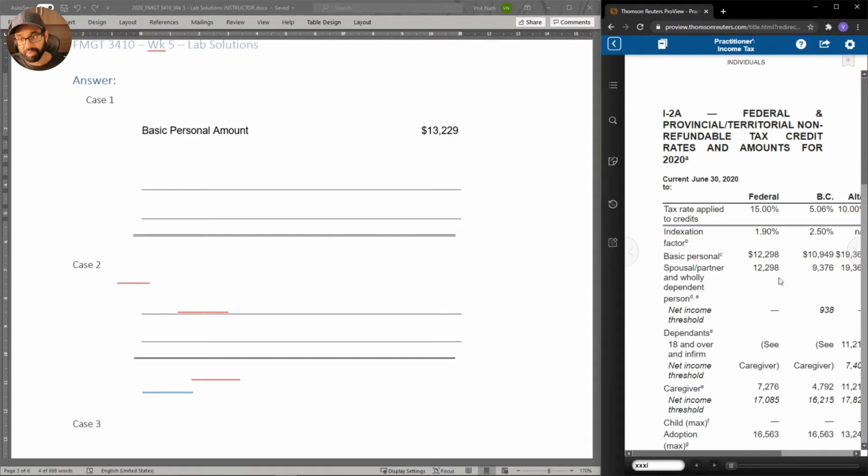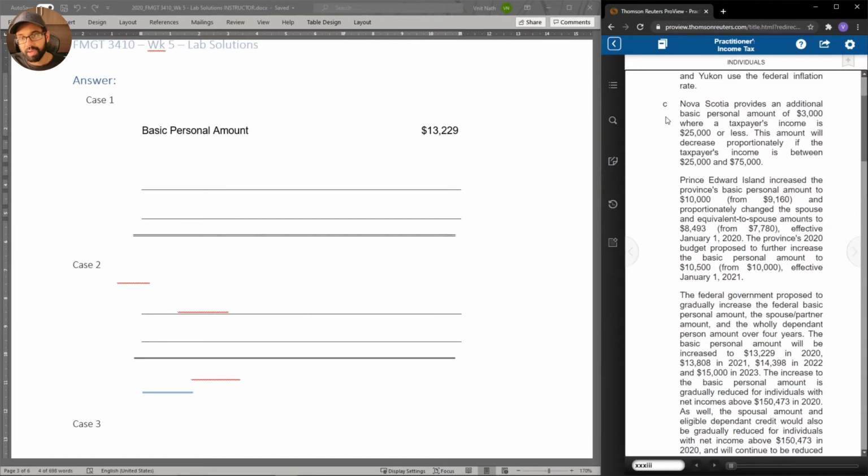And we're looking at the federal column as this is a federal course and it's current to June 30th, 2020. Now here you'll see that the basic personal credit actually shows up as 12,298, but there is a reference to a footnote C. So if you flip the page a couple of times, you'll eventually get to that footnote. Here we are at that footnote C, and it says down here the federal government proposed to gradually increase, etc., and we eventually get to our number,